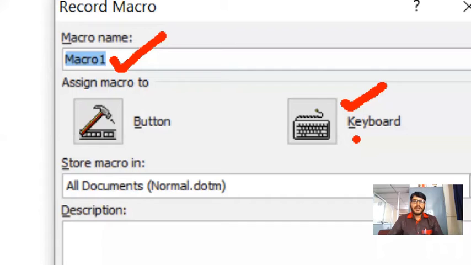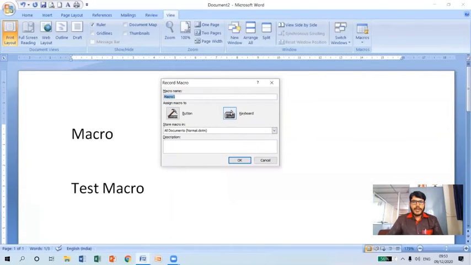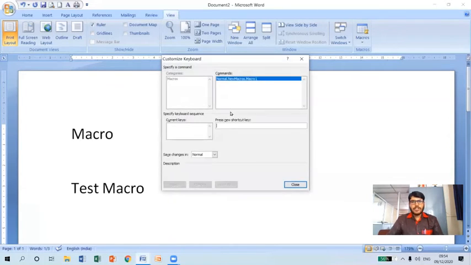For example, I cannot assign Control B, because Control B is assigned for the bold option. So we need to specify a different shortcut key which is not available. For that purpose, let me use Control Q. Control Q is not assigned to any shortcut in MS Word.